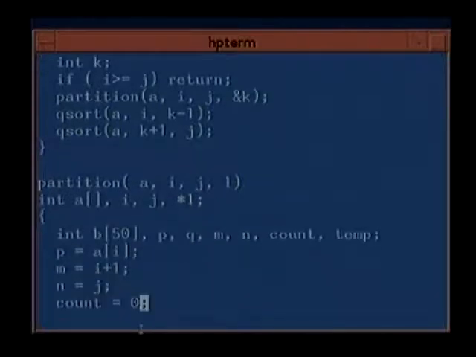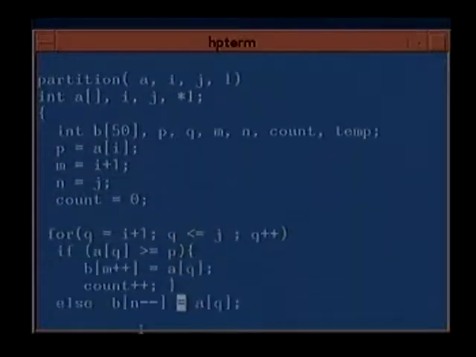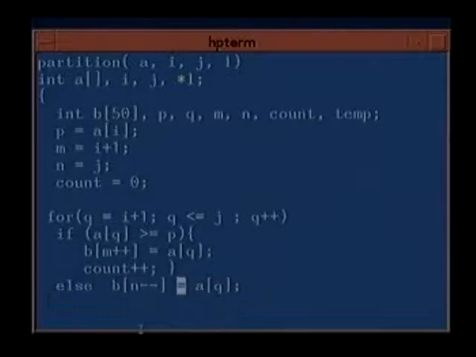And here is our function for partitioning. In this partitioning function, we have used one array instead of two arrays. What have we done by using this one array? In the two arrays that we discussed, we put B1 and B2.